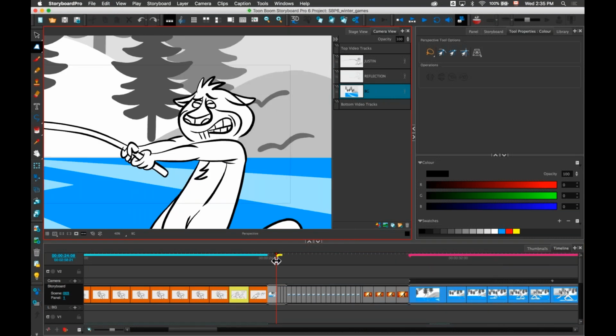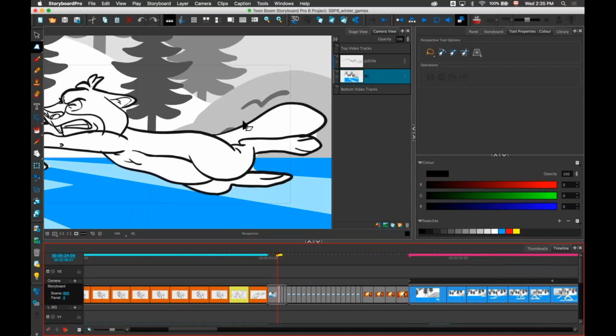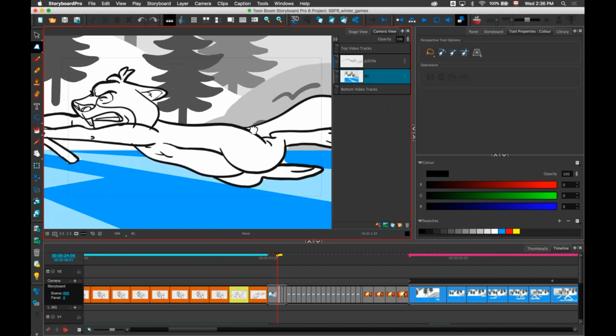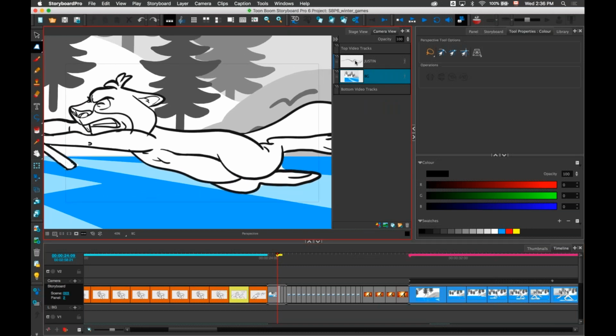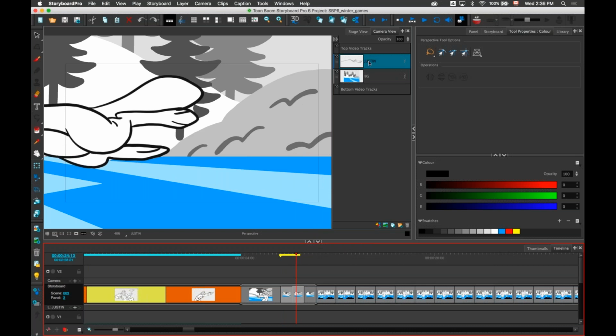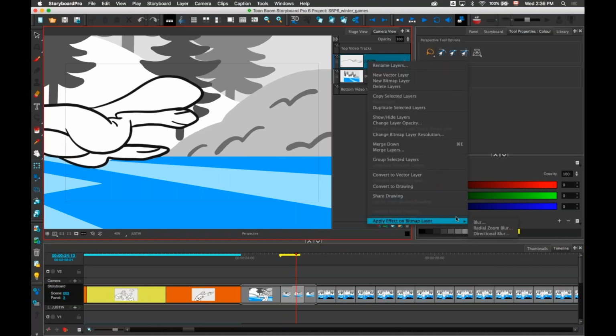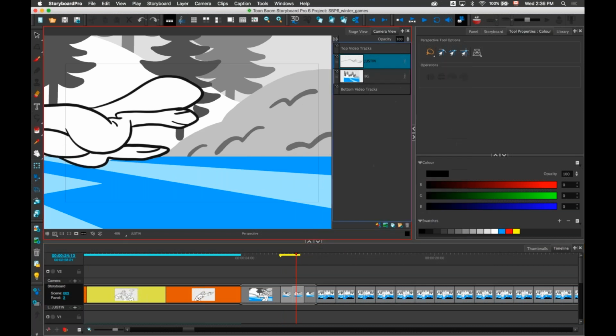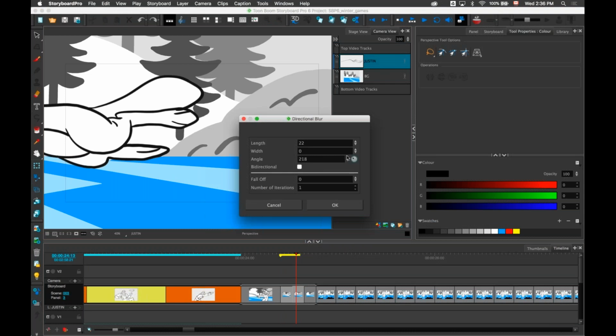Another small enhancement is, let's say you're doing a blur. I have this character here that's being pulled very fast, and I want to show the speed by adding a little bit of blur to that layer. We added directional blur in version 5.5, but now in version 6, let's say I select those 2 panels here, Command Shift, I right click, I want to do a little bit of directional blur. I'll be able to change the angle of the blur using a small widget here, so I'll be able to see what the angle will be for that blur.